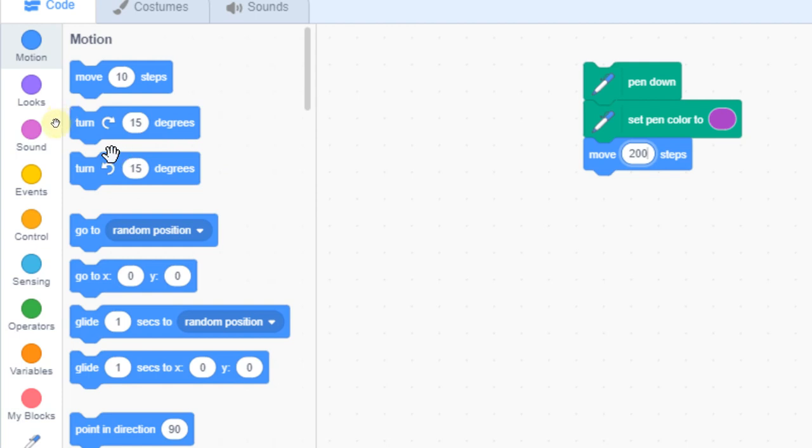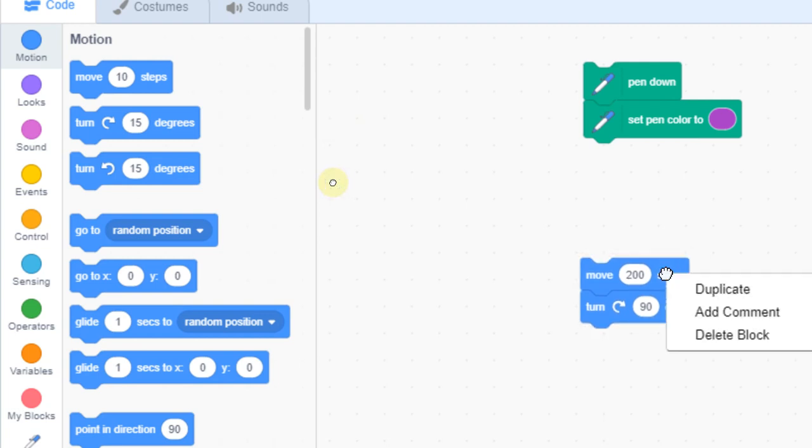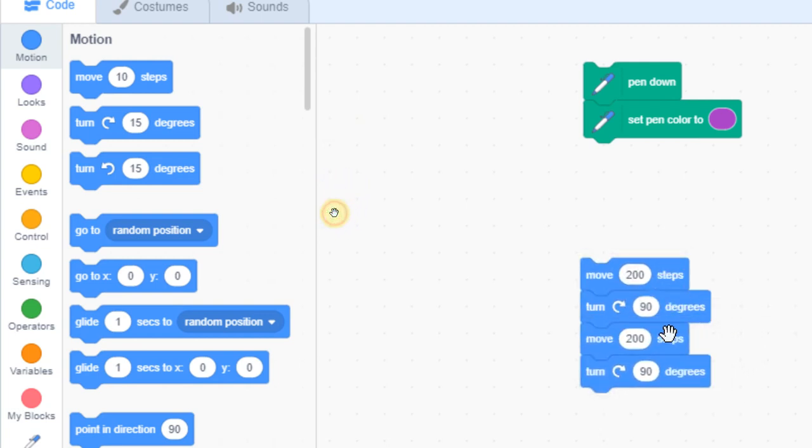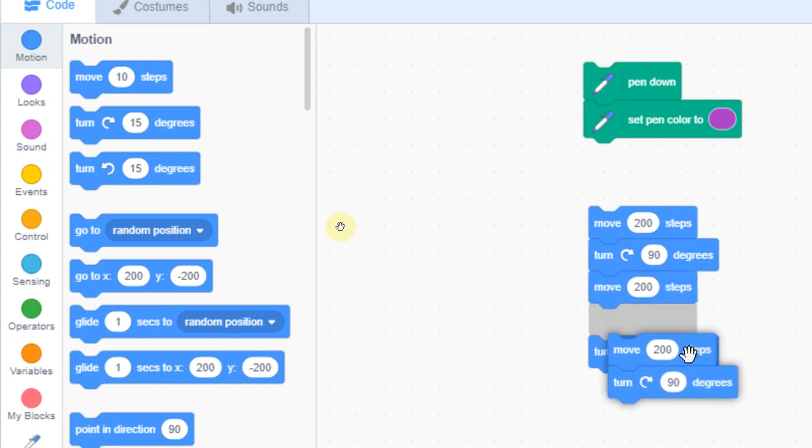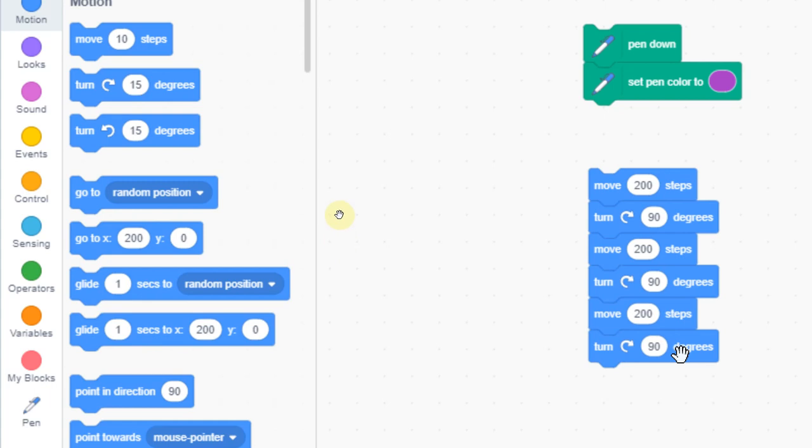Now turning again: you know in the square it was 90 degrees, so we take this turn right and change it to 90 degrees. Then, to make our work easier, right click, duplicate, and drag it down, because a rectangle has four sides. So 1, 2, again duplicate, move 200, 90.